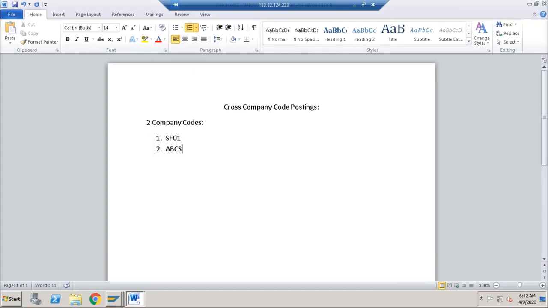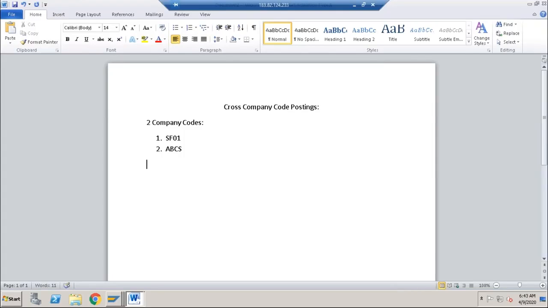These are the two company codes created in the SAP system. Now, there is a need that one company code is doing some transaction on behalf of the other company code. This transaction can be an invoice posting, or a payment, or any other accounting transaction that company code SF01 is doing on behalf of company code ABCS.